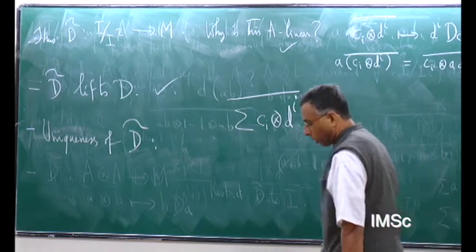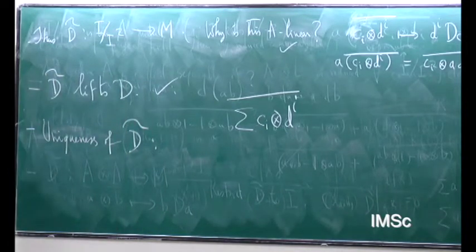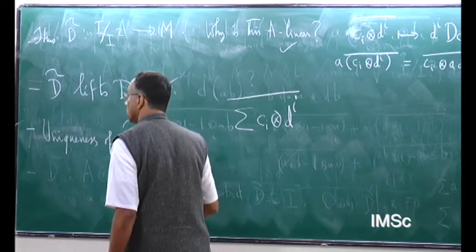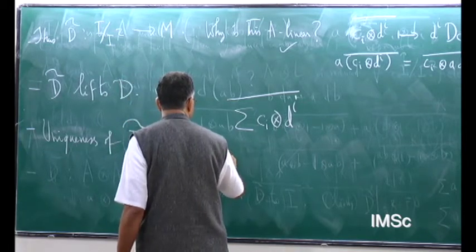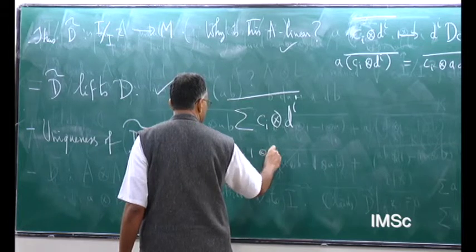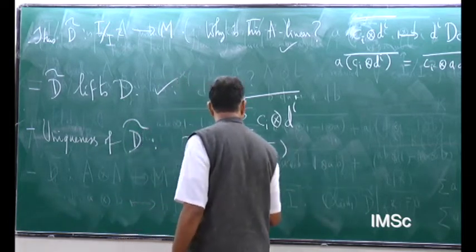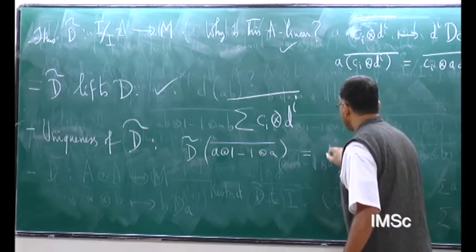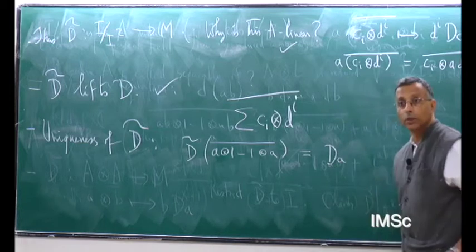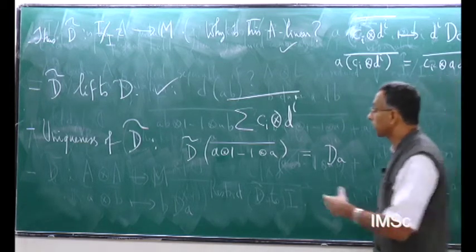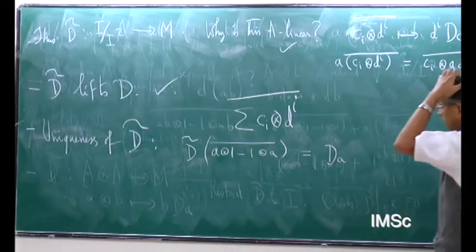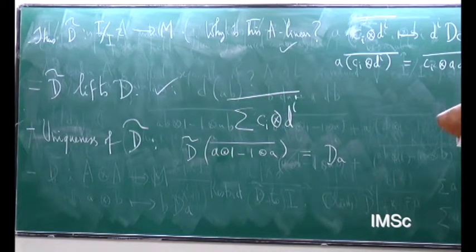And I also have this. So d tilde on a tensor 1 minus 1 tensor a bar is clearly d of a. There is no choice about this. That's the fact that d tilde lifts d. Okay, let's see. That, along with the A-linearity,